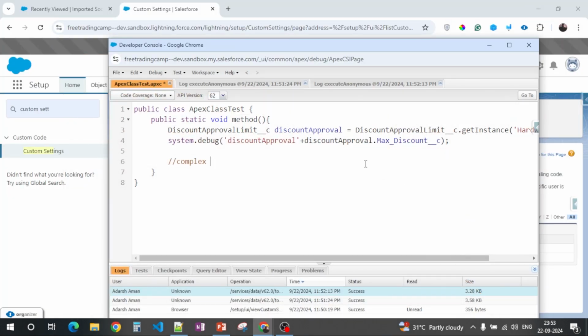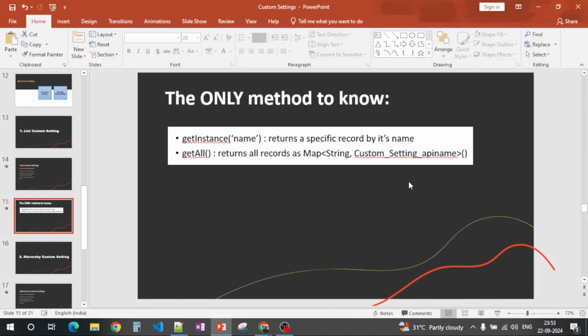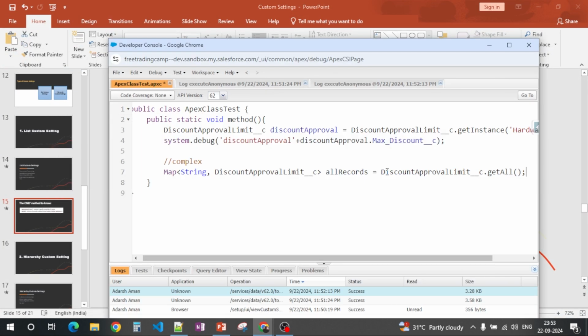So for that we need to define it like a map of string and this one. All records and getAll, right?